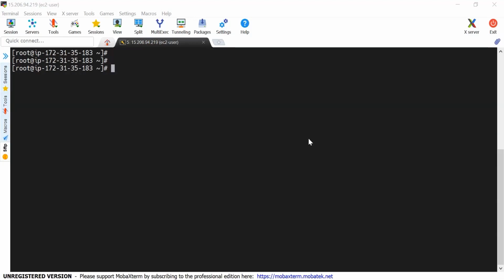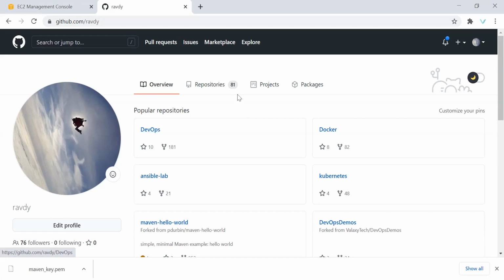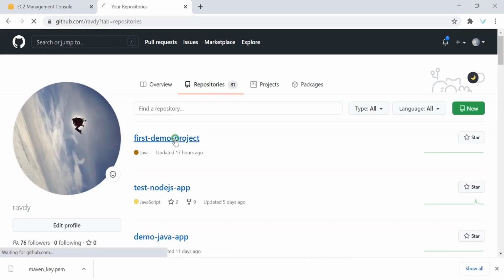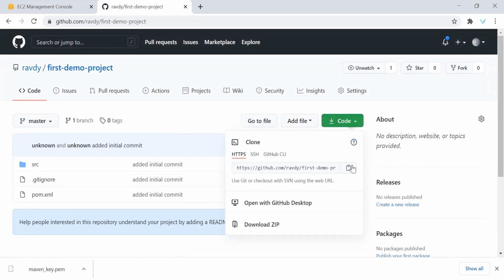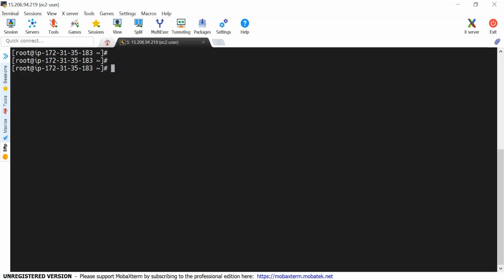Hello friends. In the previous lecture we have seen how to set up Maven. In this lecture I'm going to pull the code which we have pushed into GitHub and start building on a Linux system. For that I'm logging into my GitHub repository. This is my GitHub repository. I'm going inside repositories, first demo project, and getting the link of this repository, and we need to go